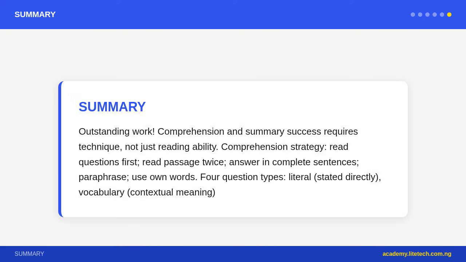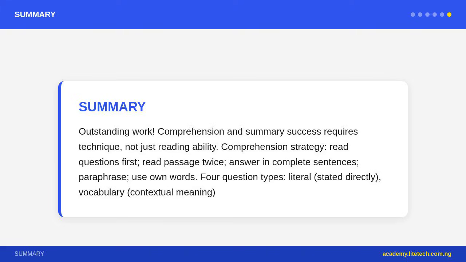Outstanding work. Comprehension and summary success requires technique, not just reading ability. Comprehension strategy: read questions first, read passage twice, answer in complete sentences, paraphrase, use own words. For question types, literal, stated directly, vocabulary, contextual meaning, inferential, implied, use passage evidence, critical, your evaluation. Vocabulary questions, use context and word class to determine meaning. Inference questions, identify passage evidence, do not use personal opinion. Summary procedure, read relevant section, identify key points, eliminate examples and elaborations, write in prose, paraphrase, stay within word limit,